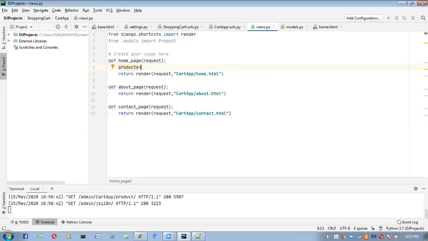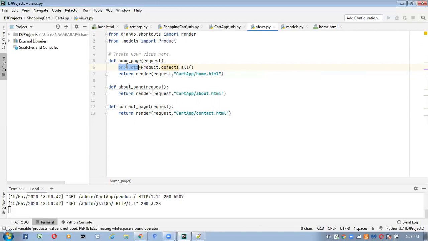Products is equal to Product.objects.all(). If you want to fetch complete data from the database, it is model class dot objects dot all, right? We can get complete data from the database here.